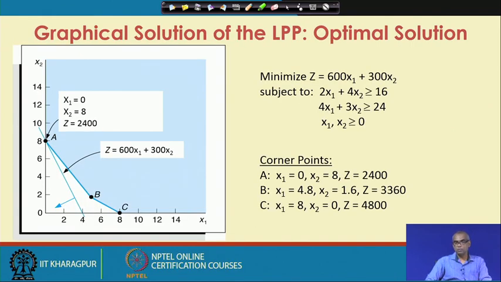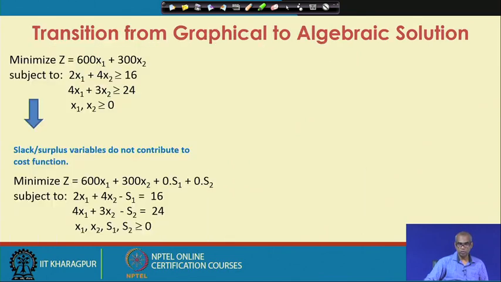This fertilizer problem we have solved in our previous lecture using graphical method. It is a problem with two variables and can be very conveniently solved by graphical method. When you have many variables, the graphical method is not a convenient way of solving linear programming problem, and the simplex method, which is basically an algebraic method, must be used. So, let us take this simple example and let us see how this transition is possible from graphical solution to algebraic solution.